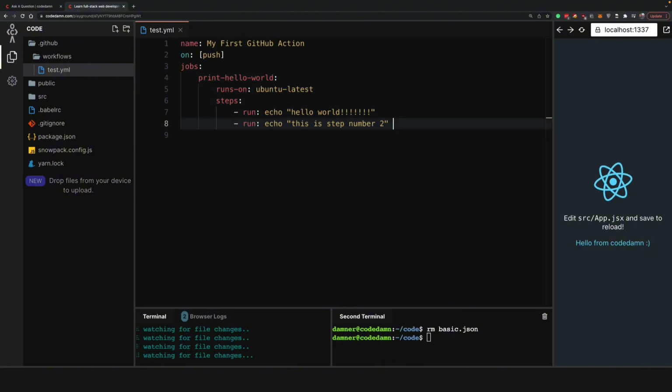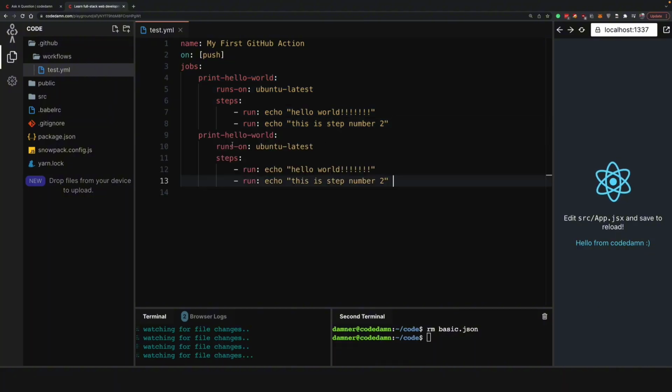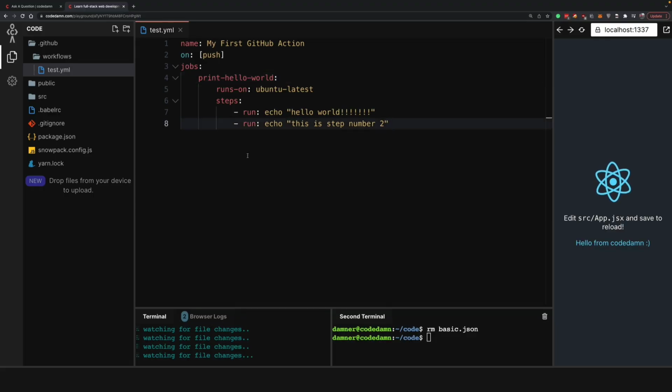It is not guaranteed, in fact, that if I have a second job over here, these jobs would run in sequence, like I mentioned earlier. So anyway, we have a working job right now. Let's just go ahead and try to push it. So I'm going to say added a new job, hit enter, and I'm going to push this to the master